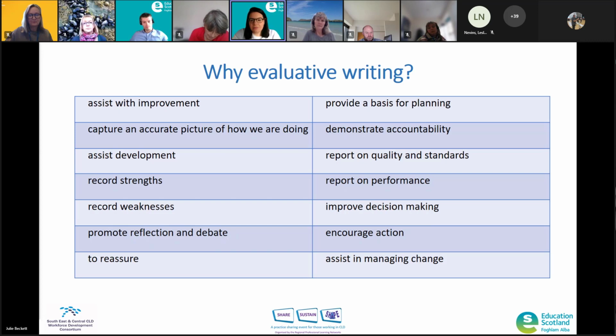And it was important when writing that document that we were capturing that picture, because that was then going back to the funders of the project who weren't necessarily from our CLD background. So it was to give that accurate picture of the impact of the programme, but also where we could go next and justifying why perhaps more funding was required. I think that was an important part for me, to give that full picture.